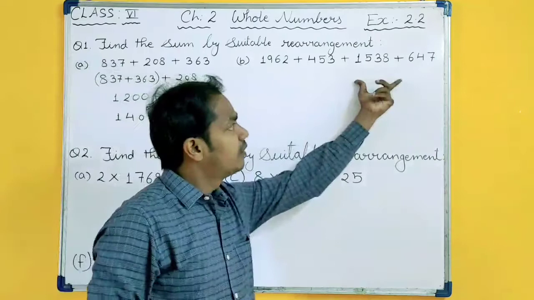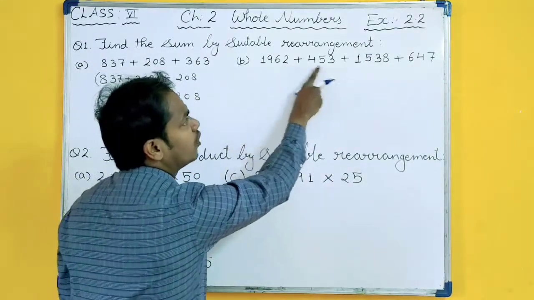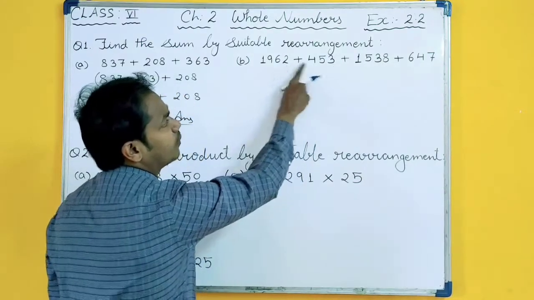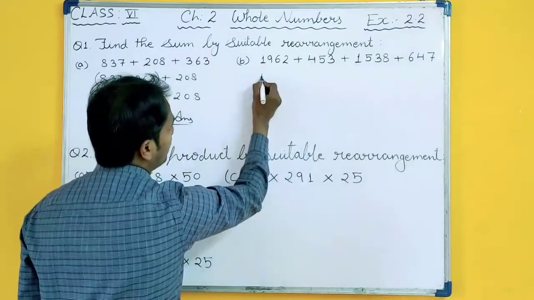Same way you will arrange these values also. At unit place, this is 2. 2 plus 3 is 5. So this is not a suitable pair. 2 plus 8, I am getting 10. So I will make pair of